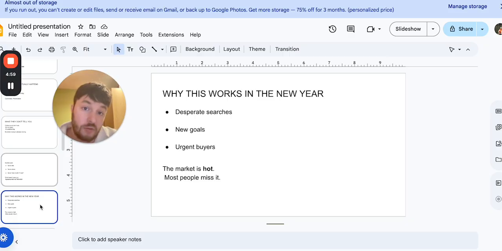And why does this work in the New Year? Because you have desperate searches on Google. So many searches for solutions. They have new goals and urgent buyers, I mean immediate buyers. Those low ticket, cheaper products tend to do really well, from $50, $100 to $300. So it's a really hot market, and most people sadly miss that timing and positioning because they're making excuses,